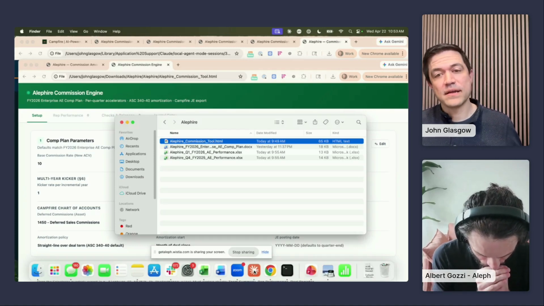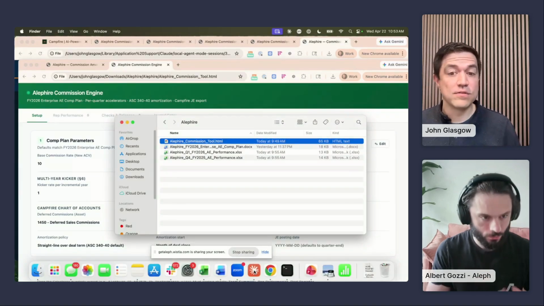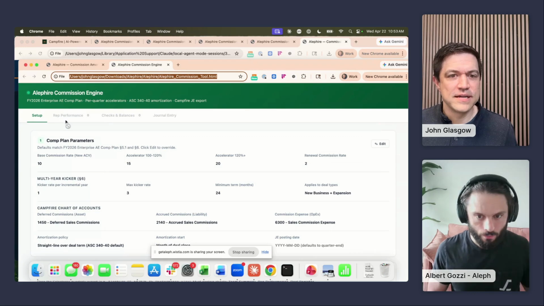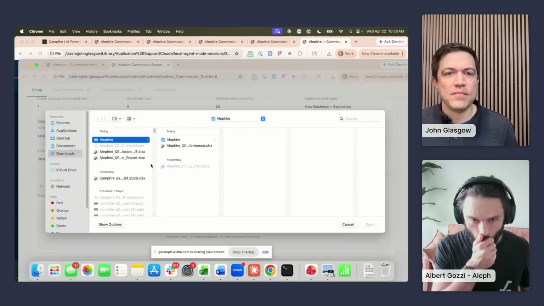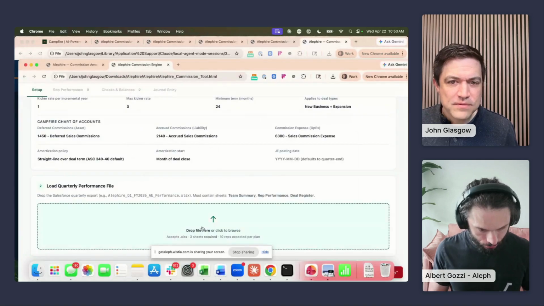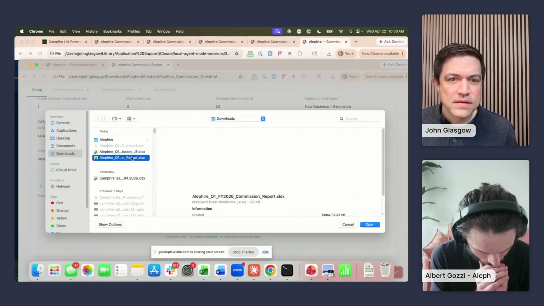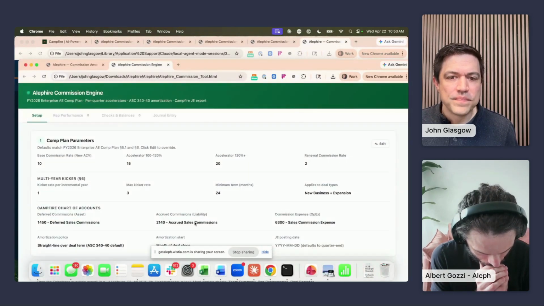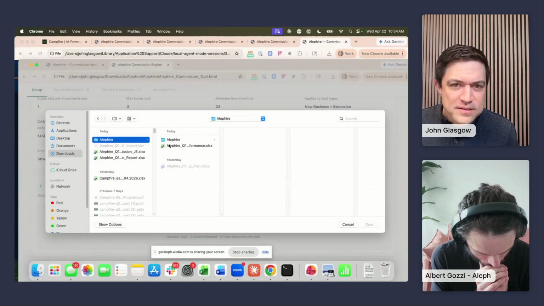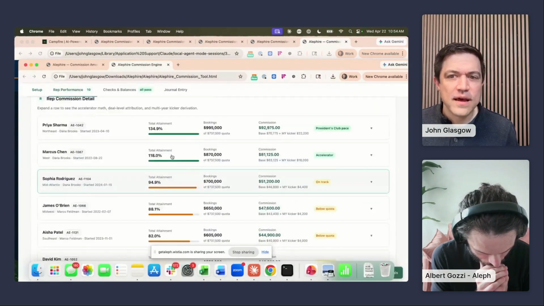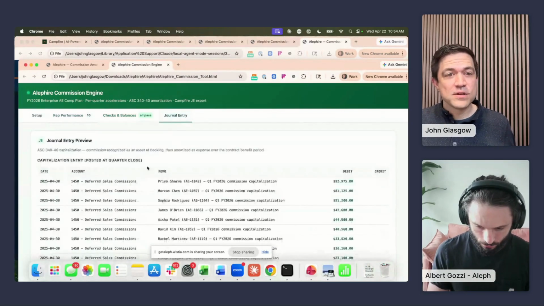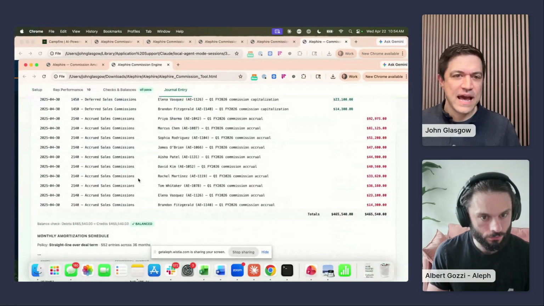Because then we can automatically, the big power over a spreadsheet, of course, visually you'd argue maybe it looks a little nicer. But I think the big opportunity here, and I'll just redrop. Oops, that was a JE. Let me drop in. Yeah, I'm losing track at this point which one I had started with. Here we go. Spreadsheets will give you the output, similar to this one. We'll all have a separate tab.